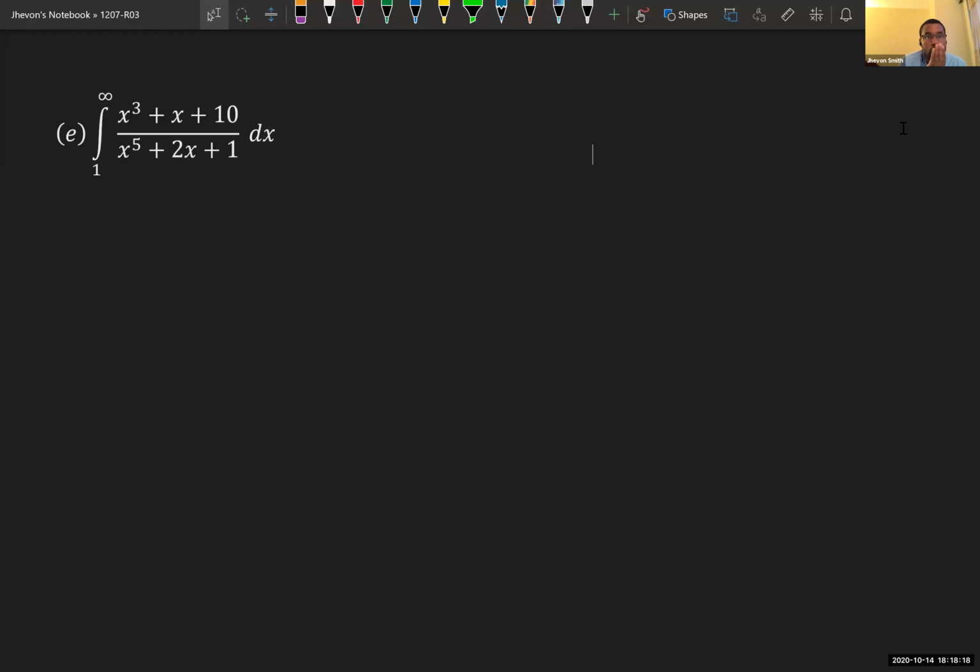So if you wanted to do direct comparison theorem or any comparison theorem, what do you think we want to compare it to? If you use the powers here, it's like 3/5. So then you could say that that's like 2 in the denominator. So technically you'd want to use something a little bigger than 1/x². Okay, that suggestion actually highlights a very important intuition.